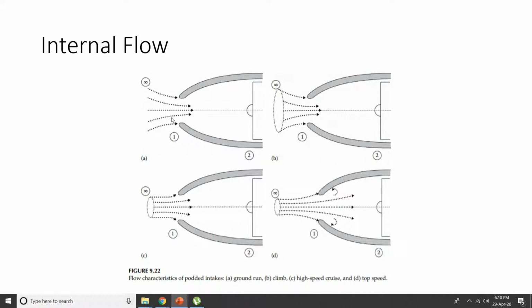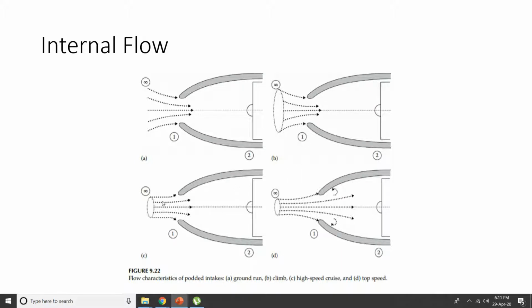So these are your streamlines. Okay, so it has an infinite amount of boundary to let air inside. Okay, for a small incremental velocity, when it starts to run, the capture area will be reduced, not completely below the diameter, but a little bigger. So from this area your aircraft is fed with air. So these are the streamlines.